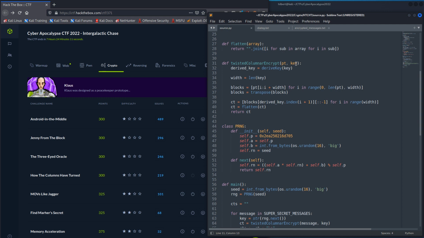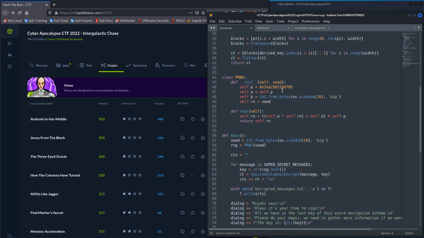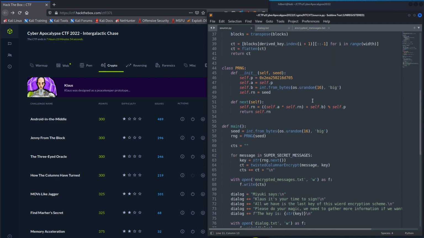So really, if we had the key that built that ciphertext, we can decrypt it because we can just write a function to reverse that. So the challenge is going to be to look at this pseudo-random number generator